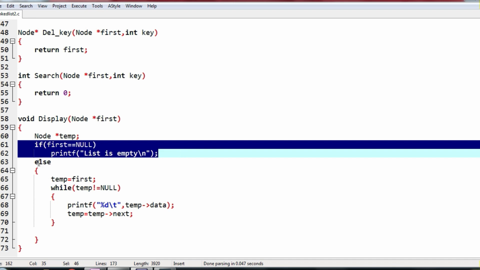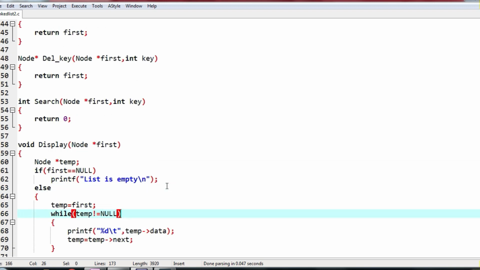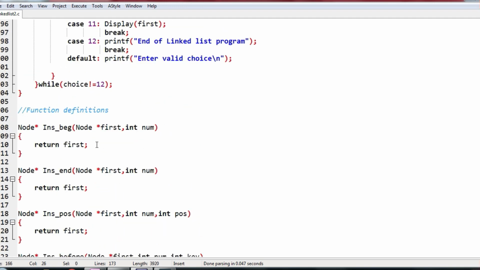Now this else part I need to check whether it works fine or not. For that, first the list should contain some elements. So the next definition that we write is going to be insert functionalities, and in insert also we have written so many functionalities. First let us write insert beginning function.